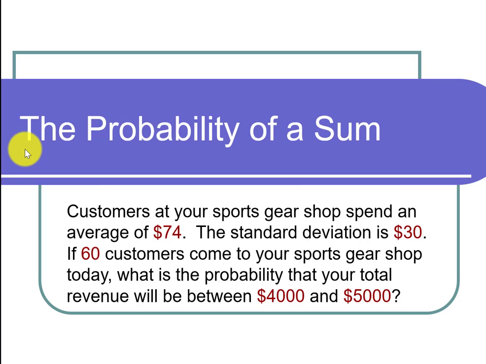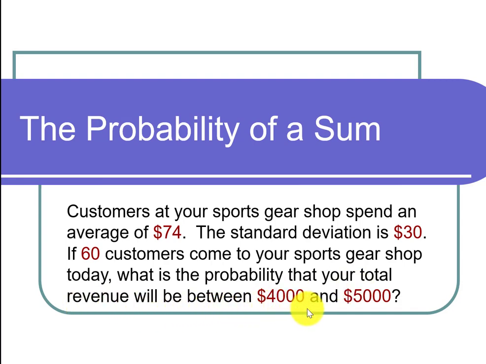This is a video on the probability of a sum. The question states, customers at your sports gear shop spend an average of $74. The standard deviation is $30. If 60 customers come to your sports gear shop today, what is the probability that your total revenue will be